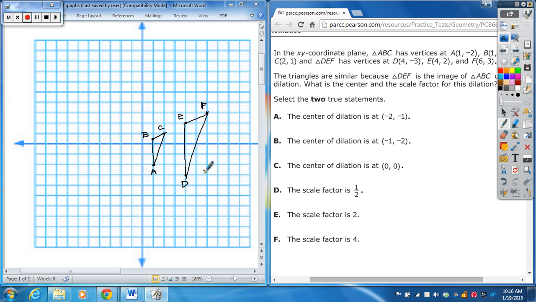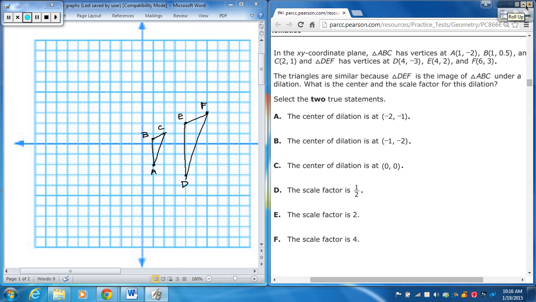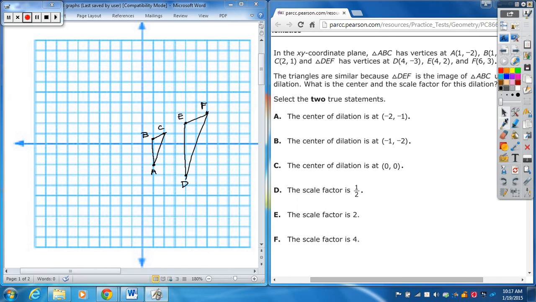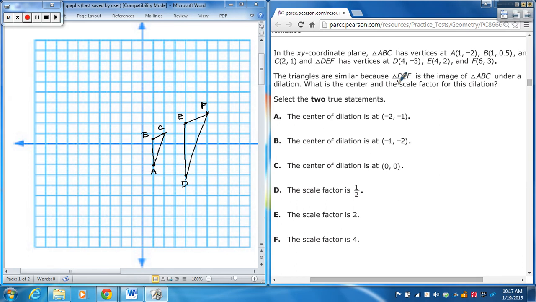Okay. So the dilation, let's make sure we're reading this correctly here. It says the triangles are similar because triangle DEF is the image of triangle ABC under a dilation. What is the center and scale factor of the dilation? Select the true. So here's the key to the problem when you're talking about scale factor. We're going from the triangles are similar because DEF is the image of triangle ABC under what dilation? So we're going from ABC